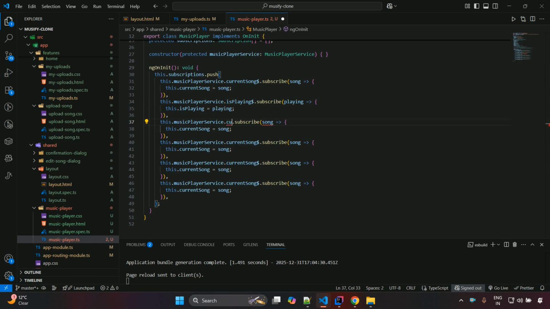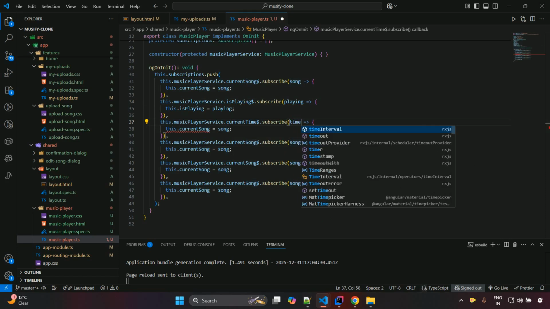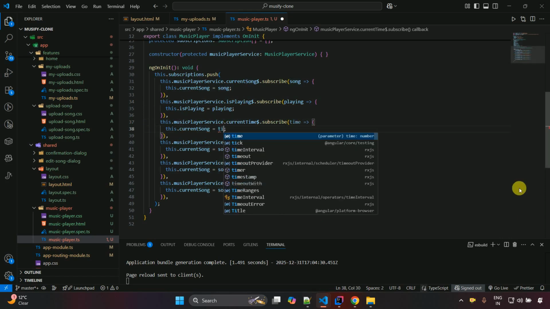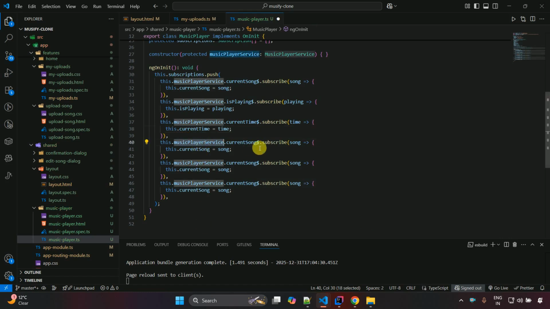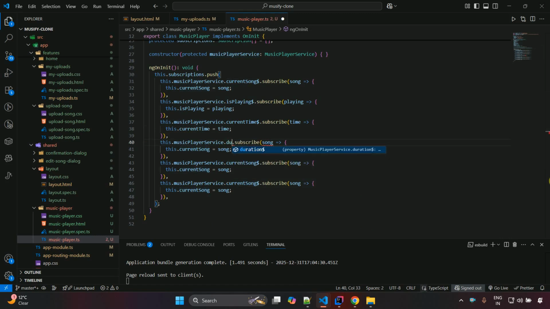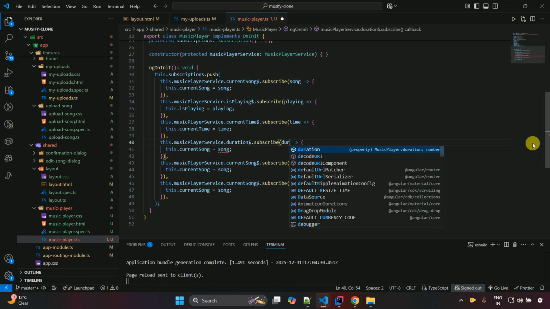we have to add for the current time, and here we have to just change the time, and in this one we have to change the current time over here also. And the next, which is for the duration, so here I'm just going to remove, and here we have to write duration, and duration